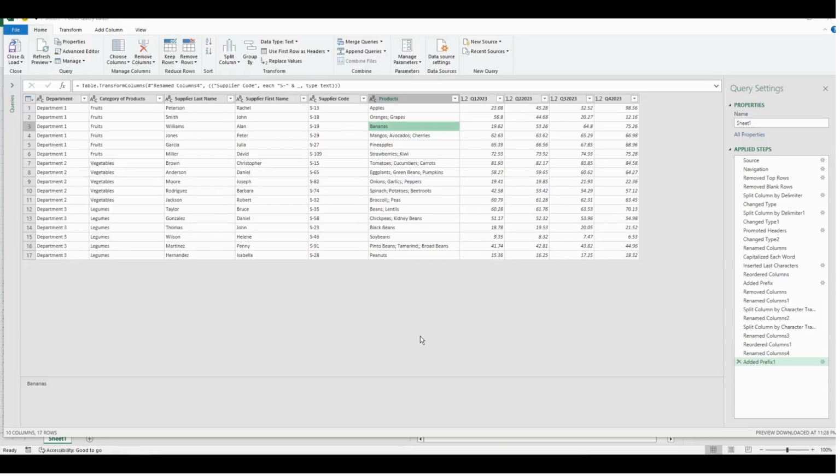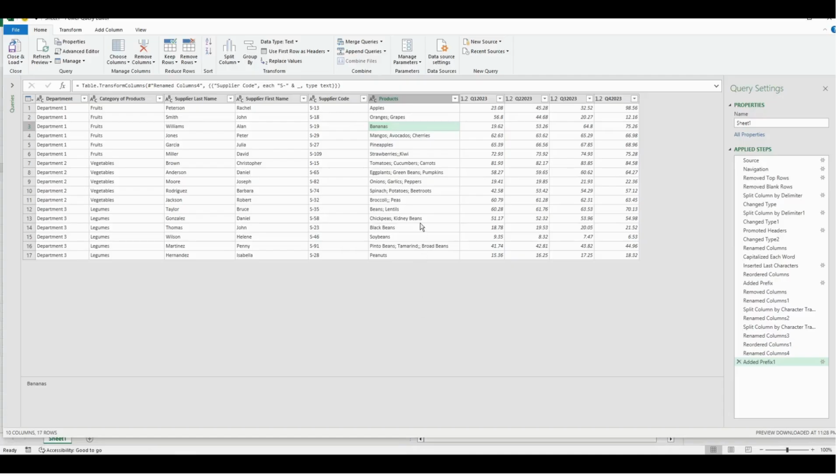The sixth option is to split columns into rows, and we will apply this in the column of products, where as you can see the delimiter will be the semicolon. However, there are rows where we have two semicolons as delimiters, so we need to replace them with one semicolon.